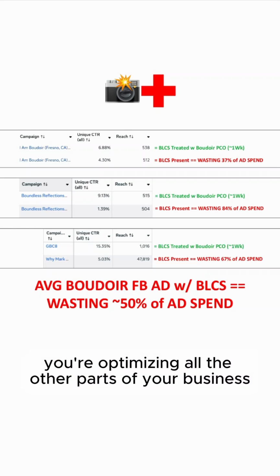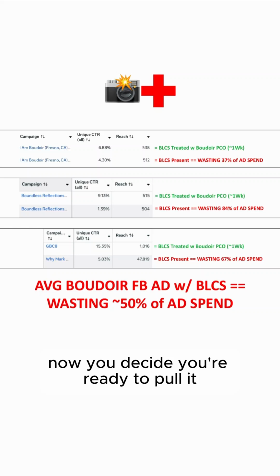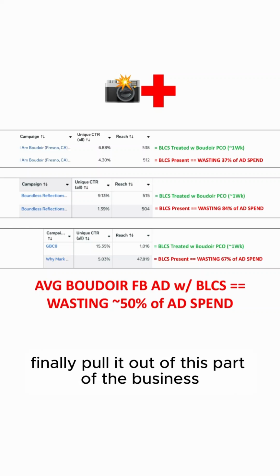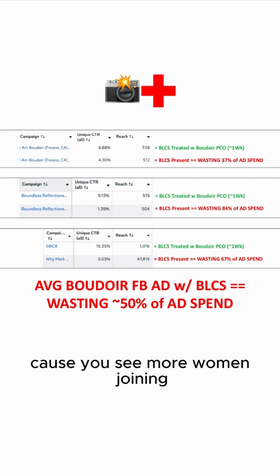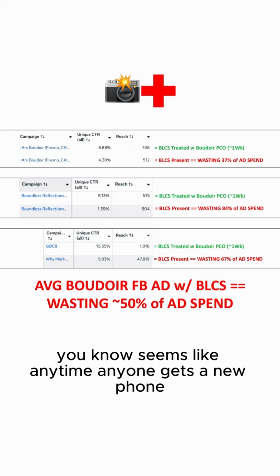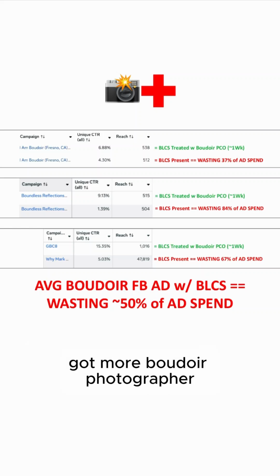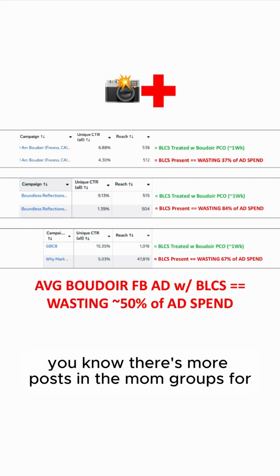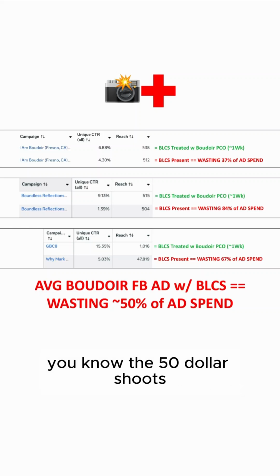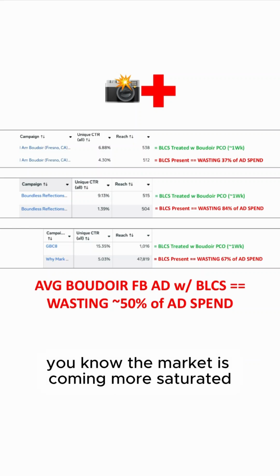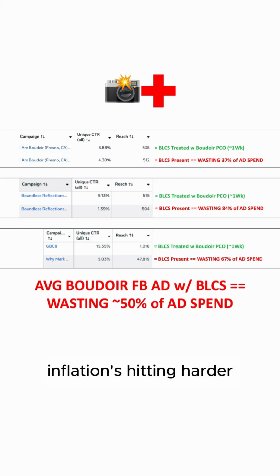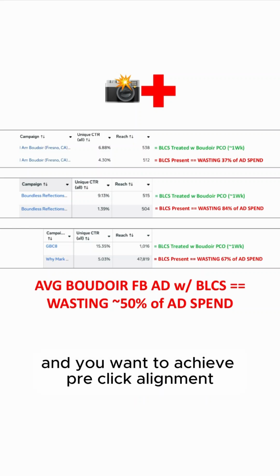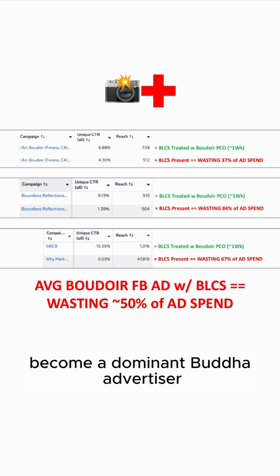And you're optimizing all the other parts of your business, pulling money out now, you decide you're ready to finally pull it out of this part of the business because you see more women joining. Seems like anytime anyone gets a new phone, you got more boudoir photography, a new Google My Business profile pops up, or anytime someone gets a new camera, there's more posts in the mom groups for the $50 shoots. So the market is becoming more saturated. Inflation's hitting harder. You want to pull more money out of the business, make it more efficient, and you want to achieve pre-click alignment, become a dominant boudoir advertiser, activate Boudoir brain entry boost,